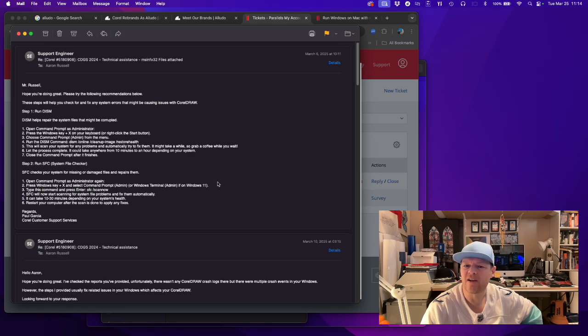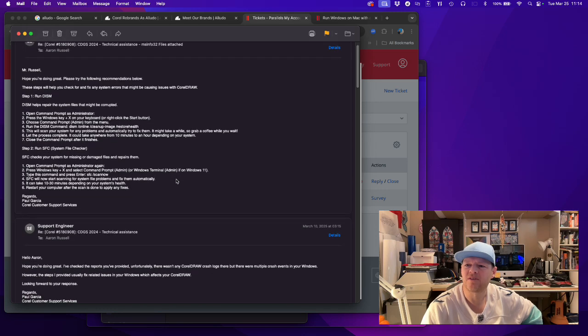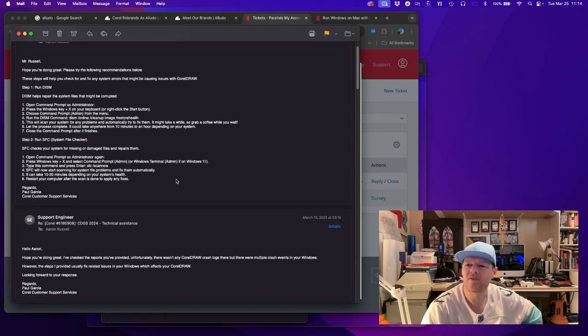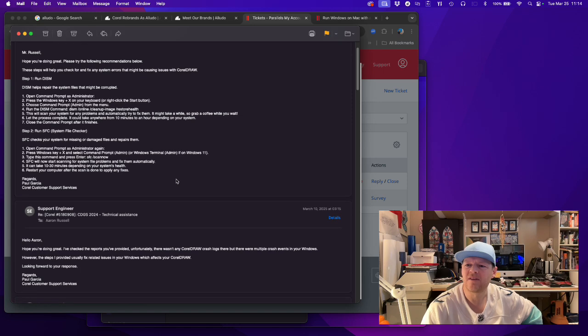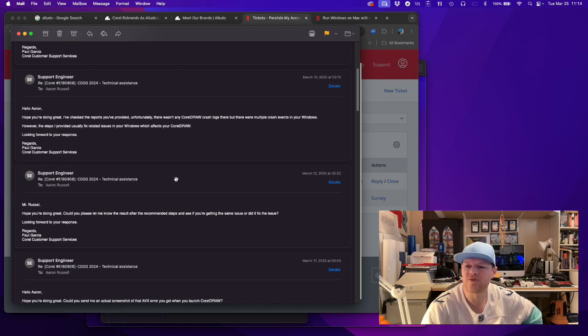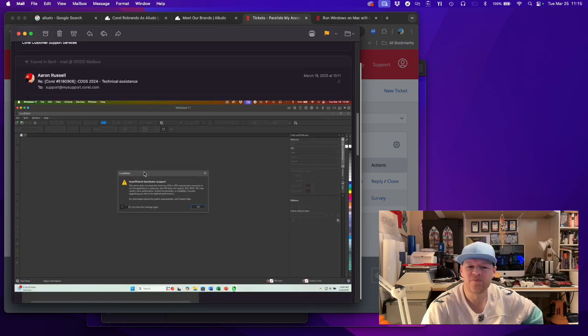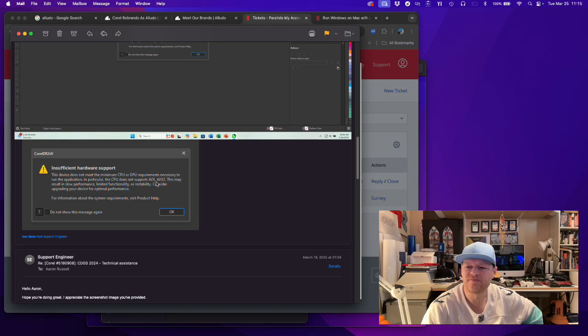Here's a thread I have with Corel. I'm literally going back and forth. They've opened Command Prompt as administrator. Press the Windows key and X. So I'm running a DISM command, and then another one, SFC. I'm doing all these processes on Windows and submitting screenshots of the error. There it is: "This device does not meet the minimum CPU or GPU requirements," which is what everybody is saying